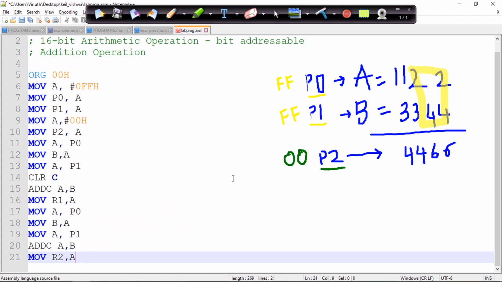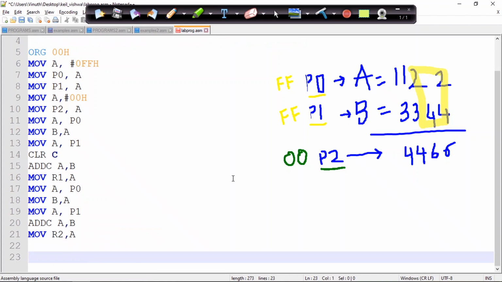So at the end, my R1 is having the lower nibble value, and my R2 is having the higher nibble value. If you want to send the data to port 2, first I will be sending the lower nibble data.